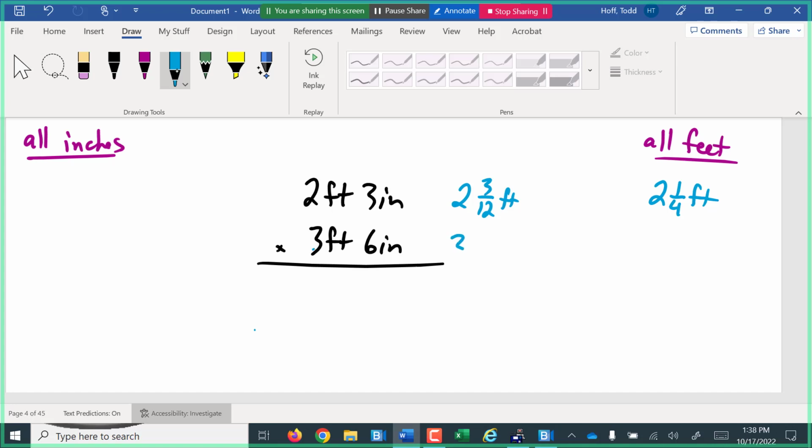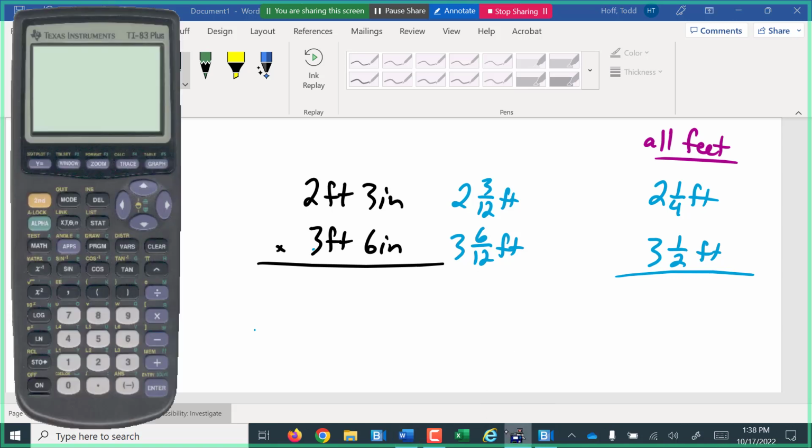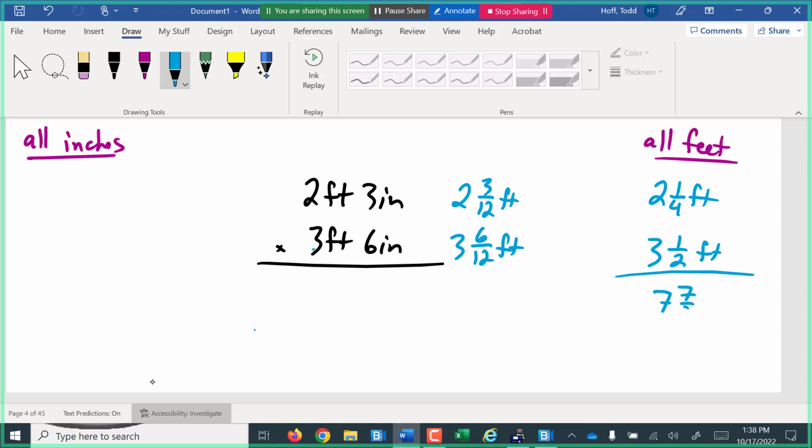3 feet 6 inches, well, that's just going to be 3 and 6/12 of a foot. 6/12 reduces to 1/2. So we have 2 and 1/4 times 3 and 1/2, giving us 7 and 7/8 square feet, or 7.875 square feet. The reason I did that one first is these fractions right here actually can help us